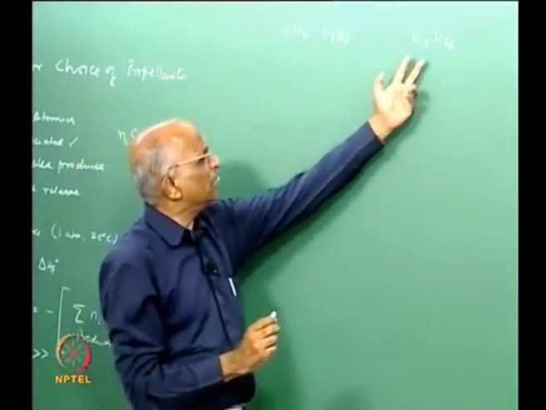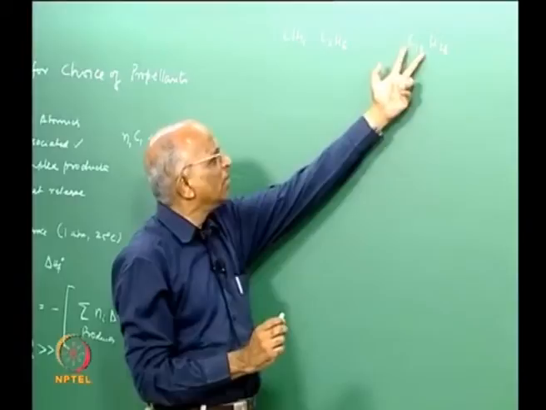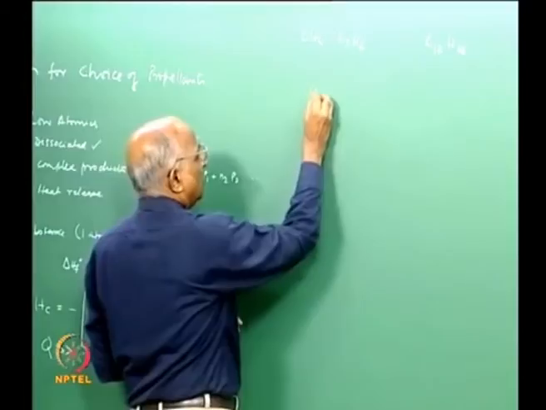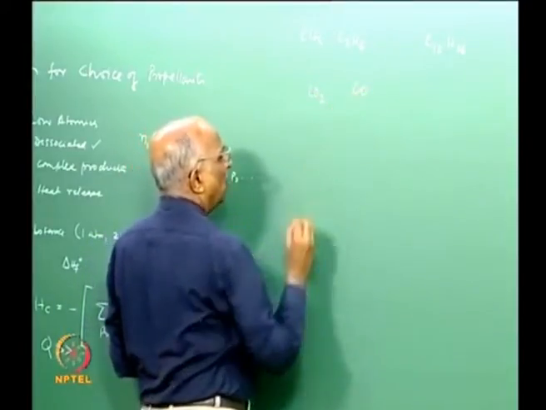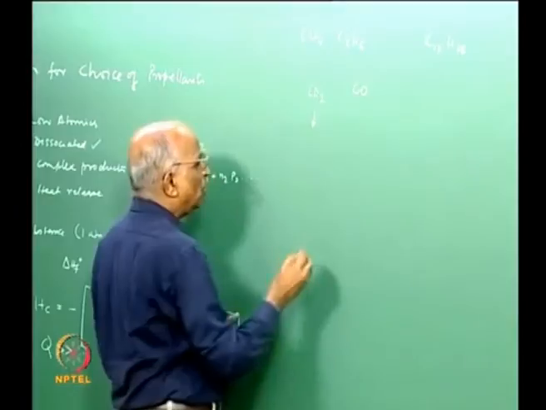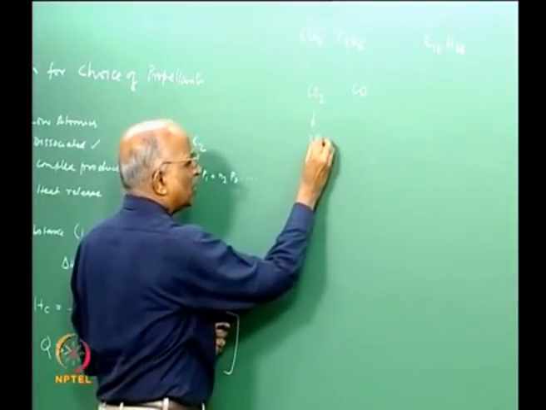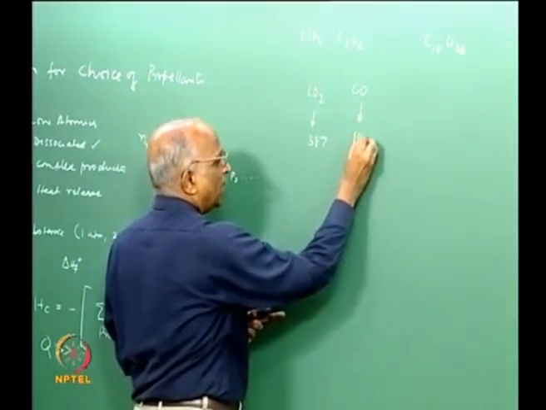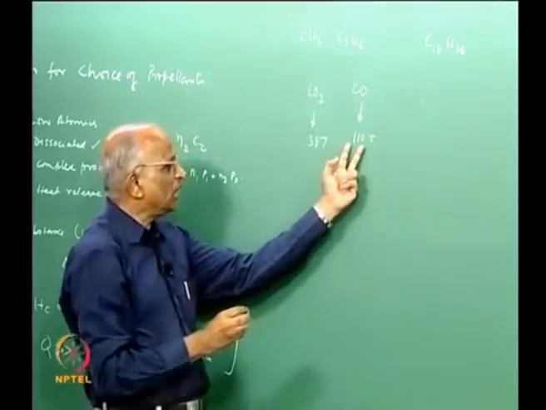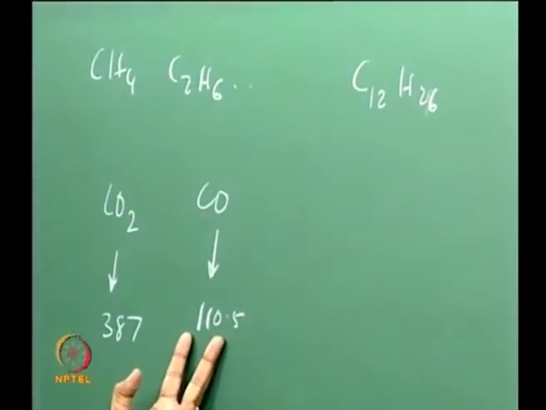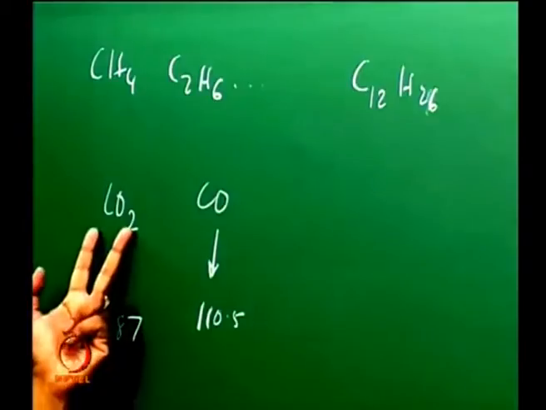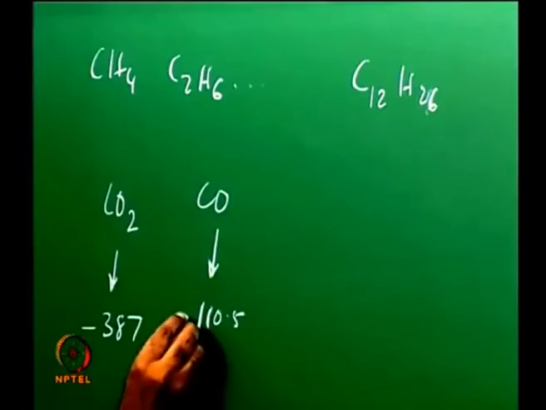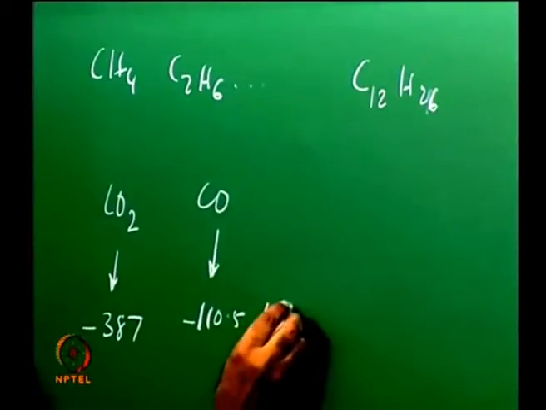Therefore, we told ourselves if the substance or the chemical is a little more complex, maybe the heat of formation is higher. And this we also saw in the example when we saw CO2 and when we saw CO, we found that the heat of formation of CO2 was almost 386 or 387 kilojoules per mole, whereas CO we found it was 110.5. In fact, we used the reaction to find out the heat of formation of CO; for CO2, being a little more complex means the heat of formation is higher. Mind you, it was negative 387 and negative 105.5 kilojoule per mole, right.